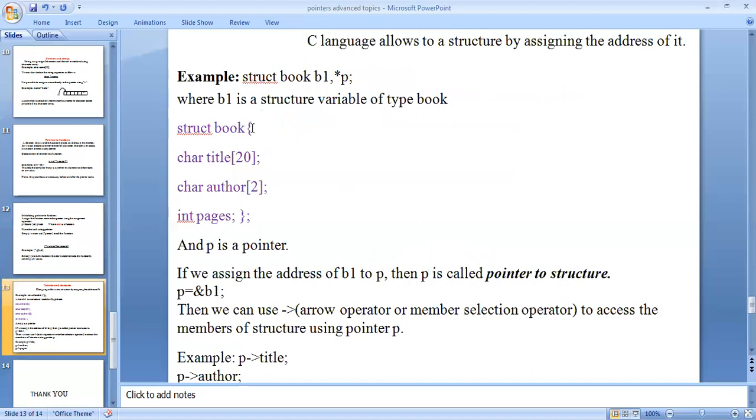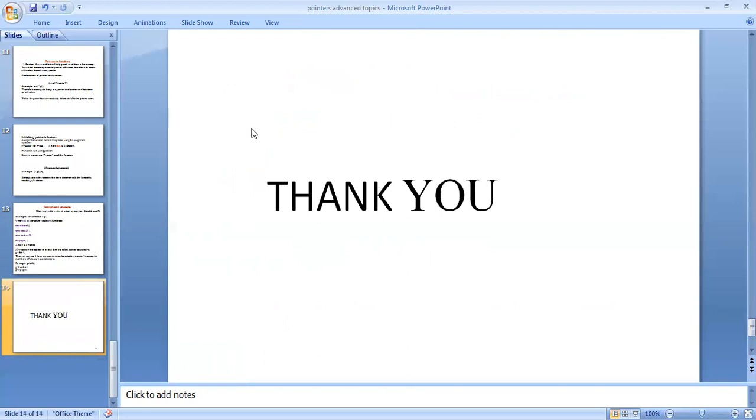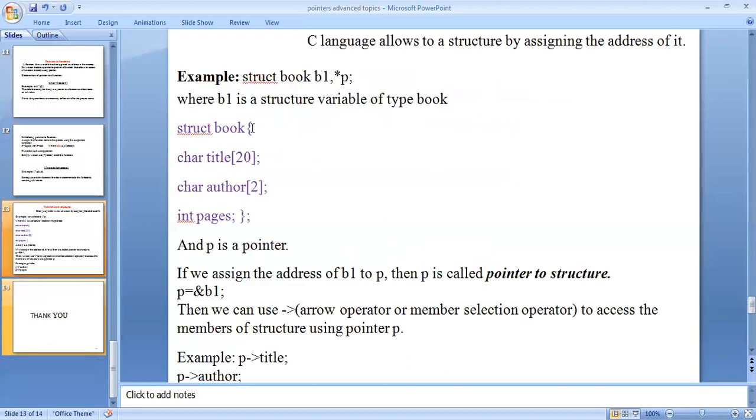Next, using pointers to structures by assigning the address of a variable. Initializing, with an example: struct book b1, *p; Here struct is a keyword and book is the structure's name, b1 is the variable and *p is a pointer, with a semicolon. A structure is a user defined data type, where we declare data types in the place of using a single name.